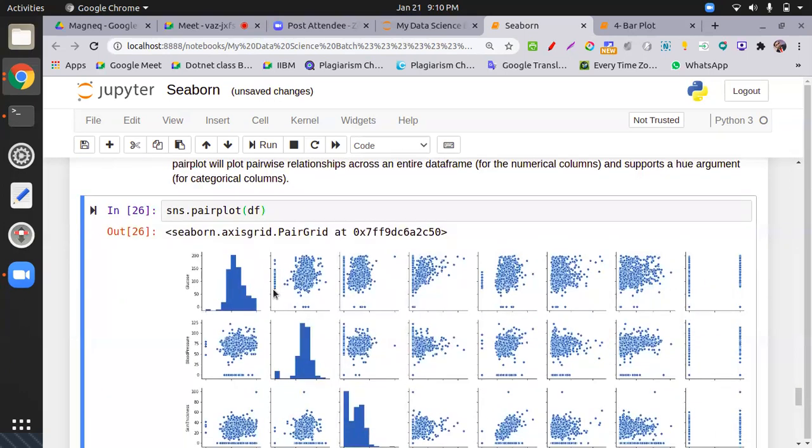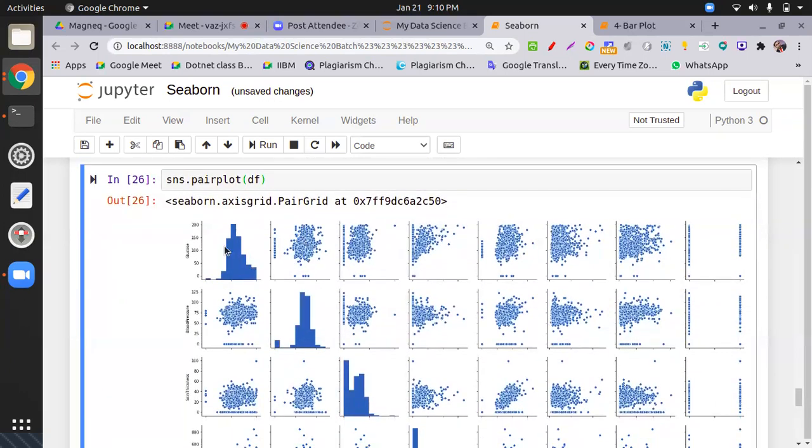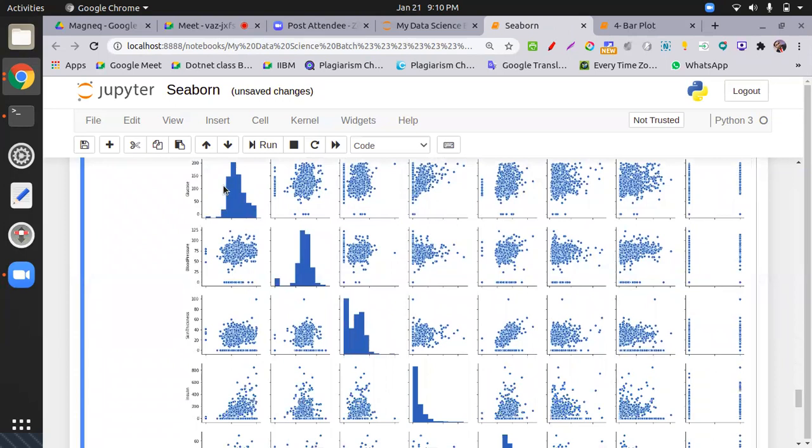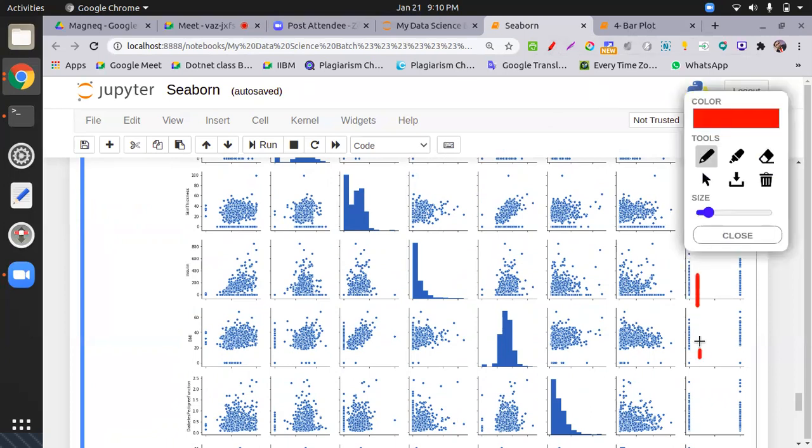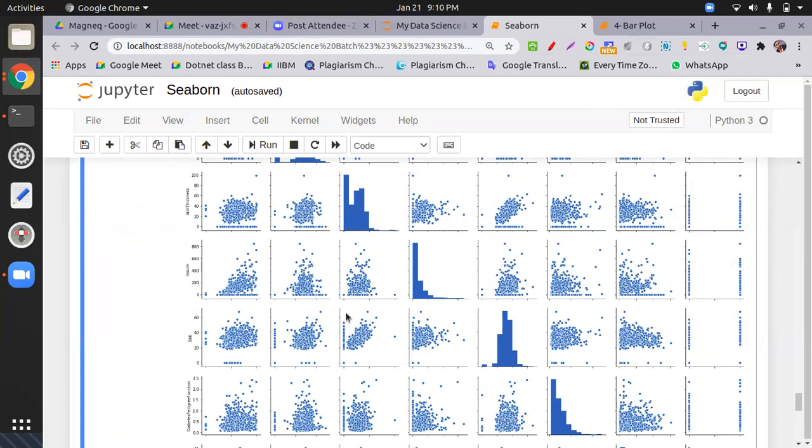So this is the way you find the scatter plots, but keep in mind the glucose to glucose histogram and blood pressure to blood pressure histogram: the diagonal is divided into histograms and the rest are scatter plots. And at last you have a strip plot. Strip means when you scatter points in one line, known as a strip plot. We have a strip plot separately, we will cover it in that section, but keep in mind this is how it works.